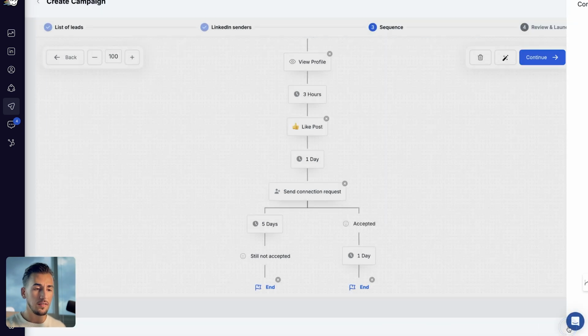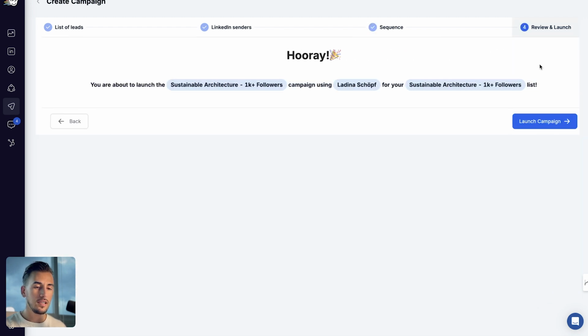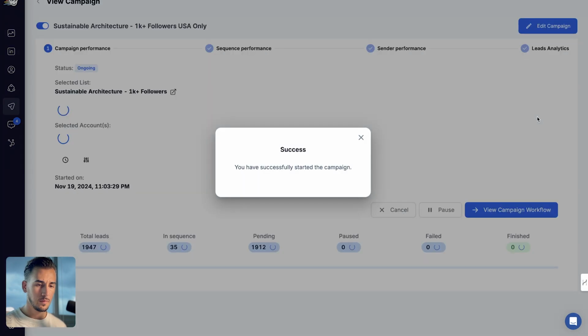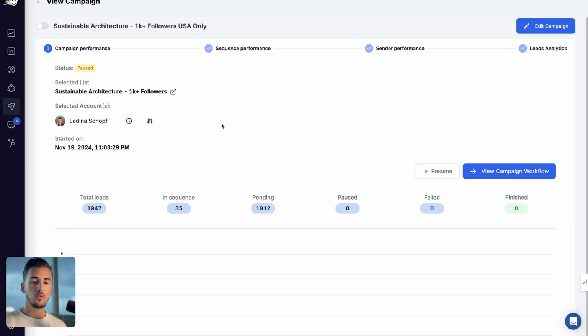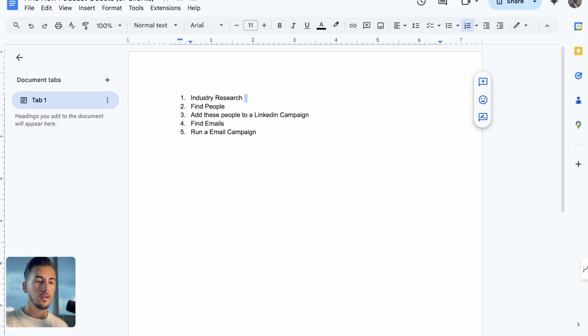We have this, save. This is good. So accepted, one day not, message, send it, good. Okay, cool. Now what we can do, continue. What we did now is we launched a campaign, and what we're going to do is we're just going to quickly keep this in check. And then when we do continue running the campaign, we're going to make sure the other campaigns are through, and then we're going to continue running this campaign. So we did this, and we found relevant people, and we put these people into a LinkedIn campaign, and we started connecting with these people.